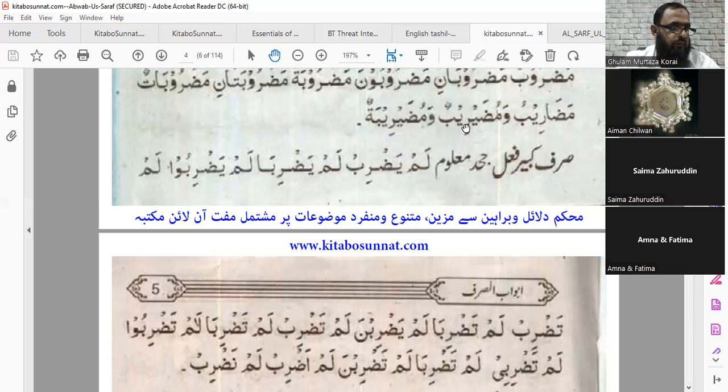Inshallah, I can try. So once the lam enters into fi'l al-mudari', two changes are made. The first is in the 5 sighas that are of mufrad. It becomes a jazm. So yadribu will become yadrib, and so on. The second one is in the 4 sighas of muthanna, the noon is dropped. So yadribani will become yadriba, and so on. In the jama' mudhakkar ghaib and jama' mudhakkar hadir, that is yadribuna and tadribuna, the noon will also be dropped. So it will become lam yadribu, lam tadribu. In the mufrad muannath hadir,